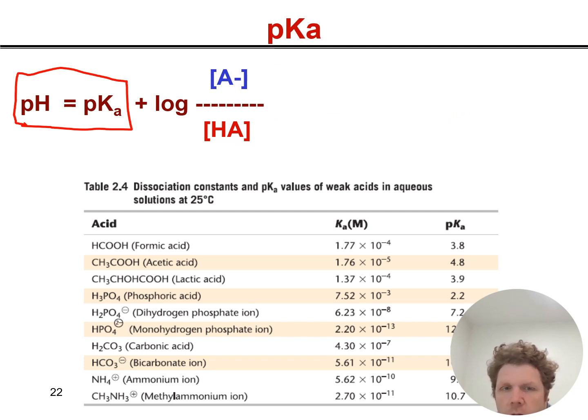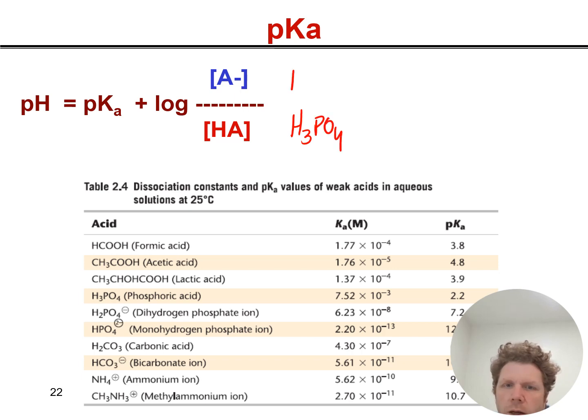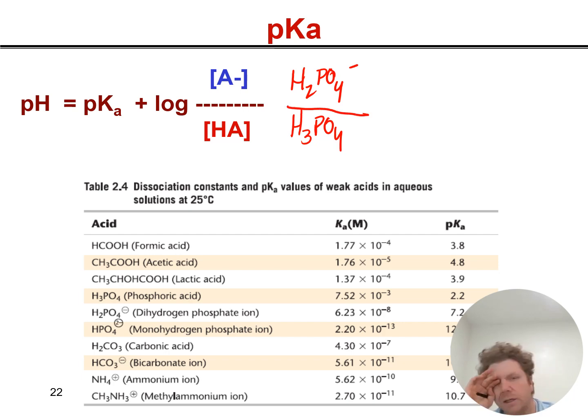So log of 1 equals 0. There are instances where you would have an equal abundance of H3PO4 and H2PO4 in a reaction. When you have equal concentrations of those, then your pH is going to be equal to